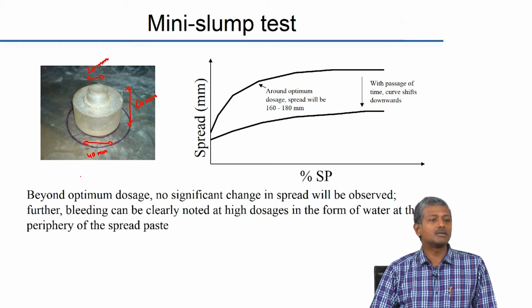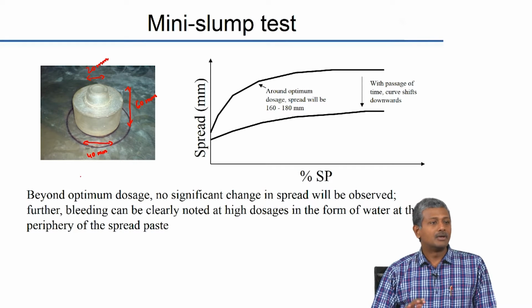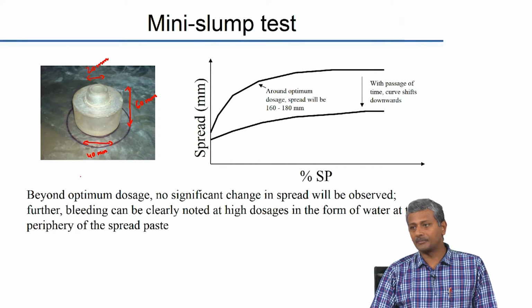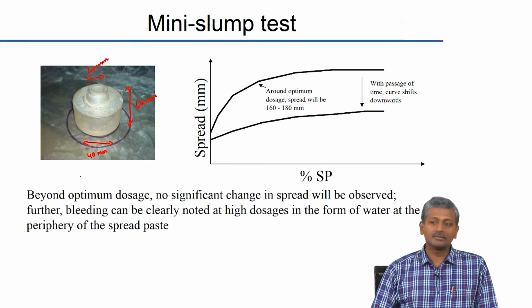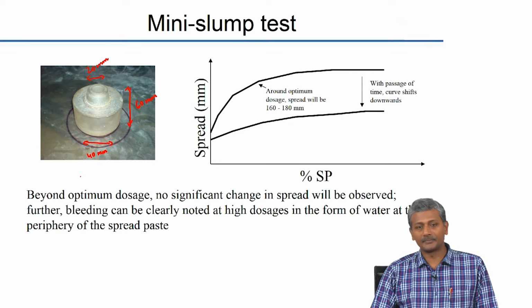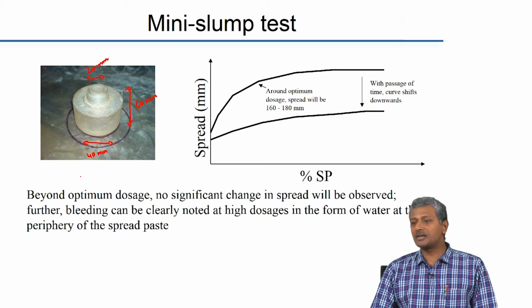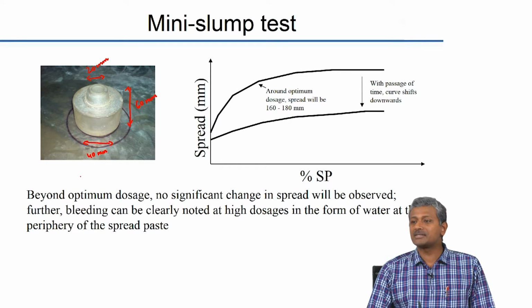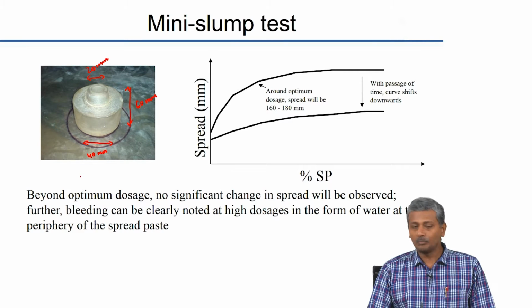I hope all of you know that your regular Abrams cone which you use for concrete also has the same top diameter to bottom diameter to height ratio, 1:2:3. Okay. What is the top diameter in the case of a regular slump cone? 10 centimeter, bottom is 20 and the height is 30. Okay. So essentially you have the same slump cone which has been miniaturized because it is going to be used only for paste. So all you do is take some of the same paste that you tested for your Marsh cone and put it into this